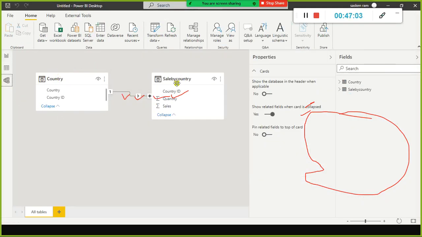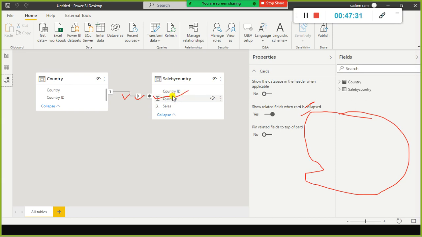I came up with two entities. One is country, the other entity is sales by country. These are two different tables. So here, first I identified the entity and then the properties of each entity. For the country, the country name and the country ID are the properties, and then the properties of the sales country table. This is a transaction table, and country wise, what is the quantity we sold for each country on a daily basis? How much quantity we sold? How much sales we made on each day?